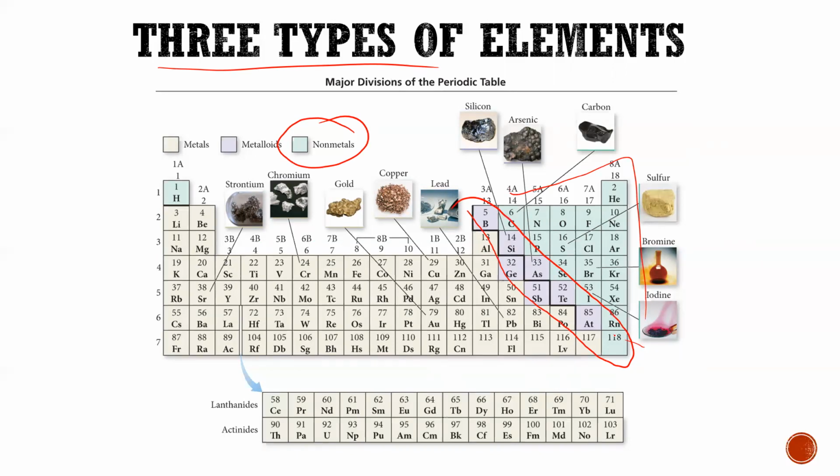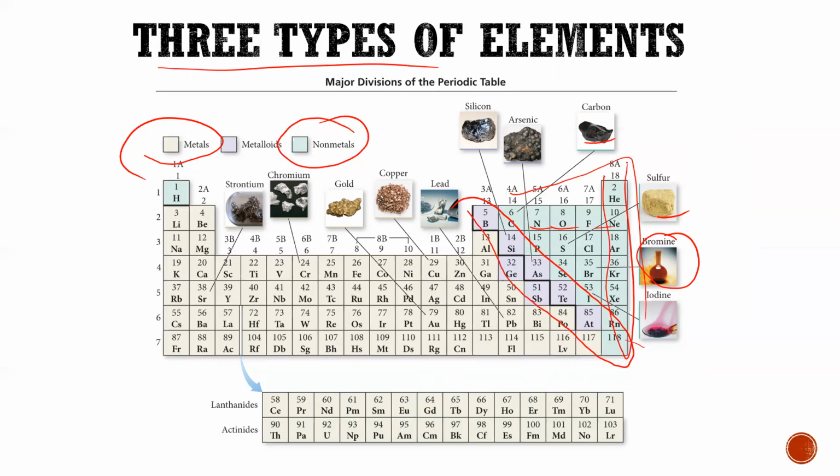Nonmetals tend to be gases at room temperature. Some are solids like carbon and sulfur, but if they are solids, they tend to be brittle, soft, and poor conductors. Nonmetals tend to have lower boiling points, lower densities, and lower melting points. To the left of this staircase, we see our metals. Now, metals are different than nonmetals in that typically they are found as solids at room temperature. Nonmetals can be solid, liquid, or gas, bromine being a liquid. Things like sulfur, carbon, and iodine are solids, but we do know that oxygen and nitrogen are gases,